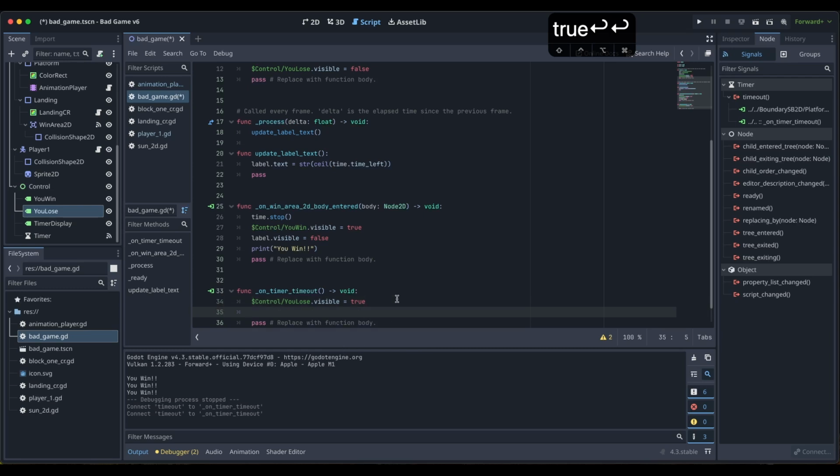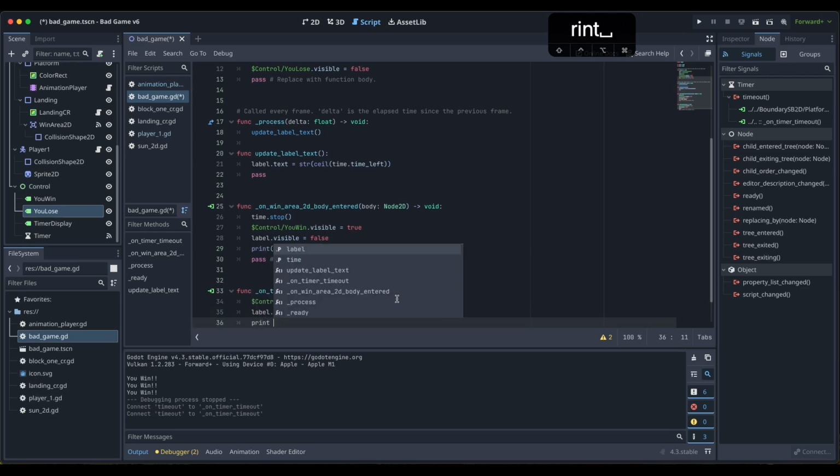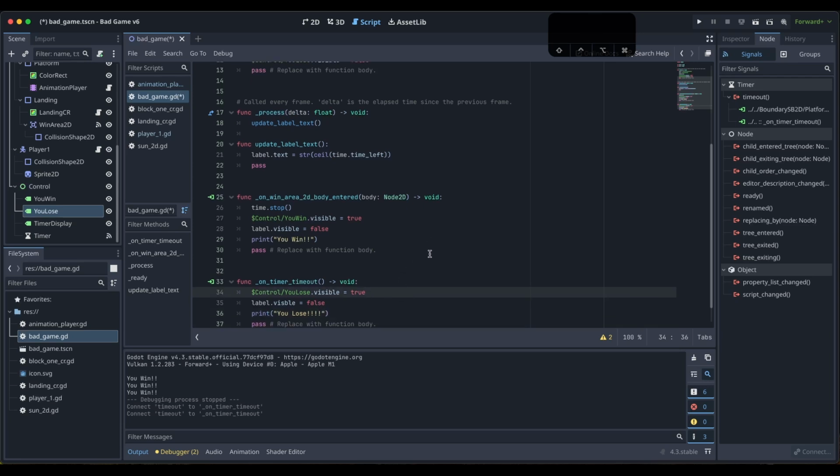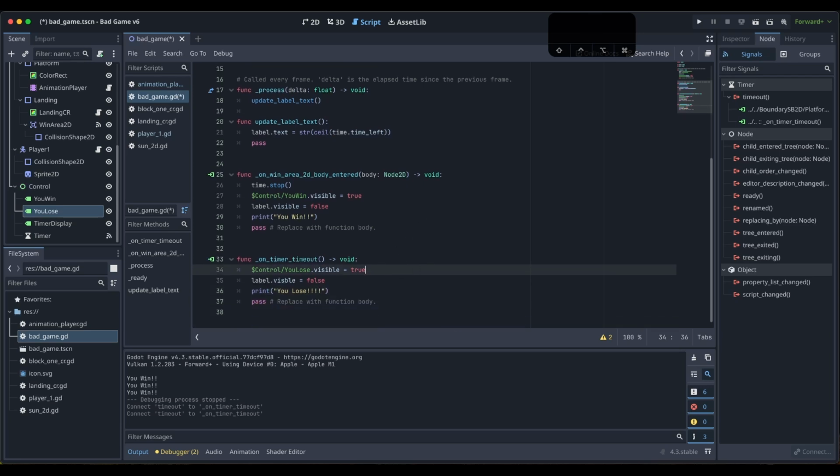We also want it to turn our label off. We want it to print you lose. Okay, we'll save that. So if we run,